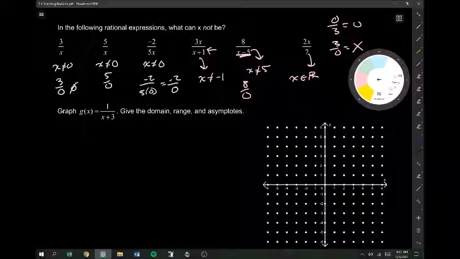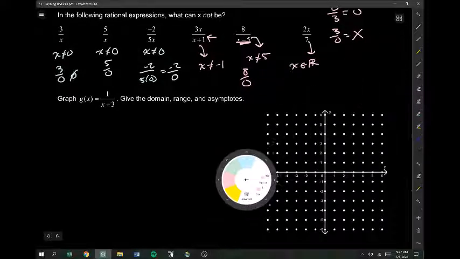So knowing what you can't divide by is really important when you're graphing. Like, let's look at this function here. I want to graph